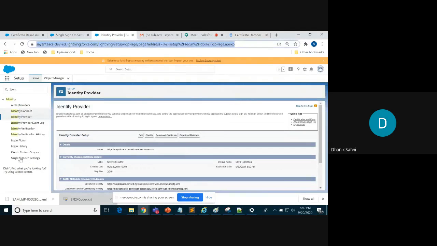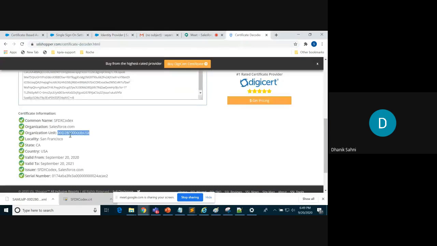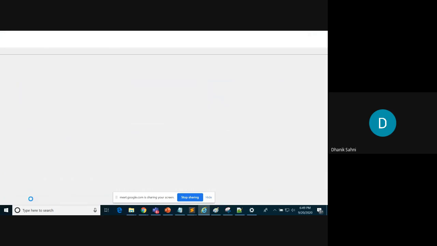This organization has a unique ID, right? So this is the ID, and locality, state, country are all coming from the state, because this certificate is from Salesforce.com. So all these locations are registered with Salesforce.com. We know their head office is in CA, and they have maintained their certificates in that fashion. That is the reason any certificate you generate, you will get all this information. Then there is a specific serial number which is very unique, right? Now if you go similarly into the metadata, the metadata also has a